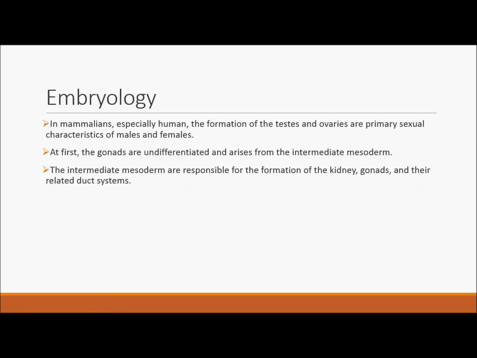In mammals, the formation of the testes and ovaries are the primary sexual characteristics of males and females. At first, the gonads are undifferentiated, and they arise from the intermediate mesoderm. That is in the formation of the gastrula. Okay? And the intermediate mesoderm is responsible for the formation of three main tissues: kidney, gonads, and their related duct